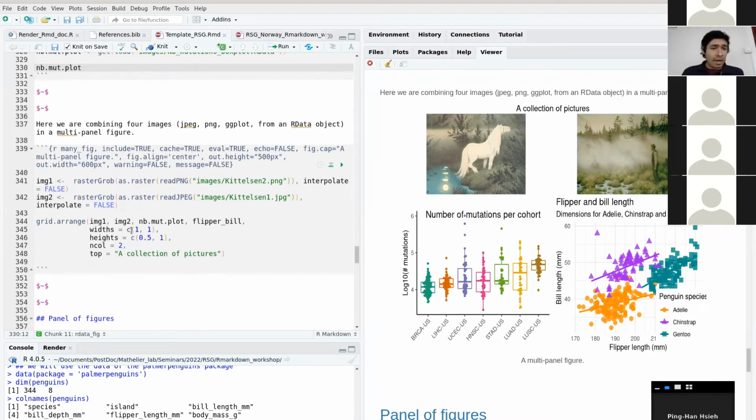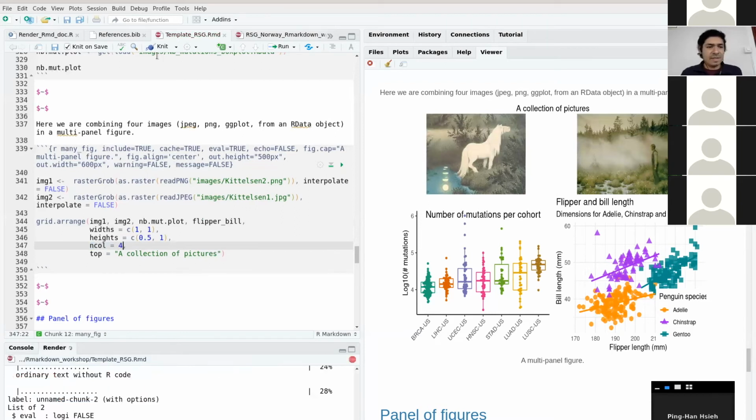You can combine the 4 with a function called grid arrange. The arguments are the plots that you want to plot. Here are 4, and then you say how many columns you want. For example, I could say 4. This will create something maybe not nice, but